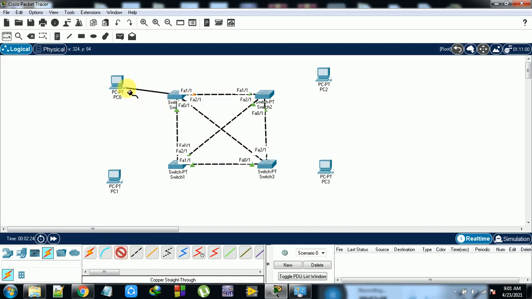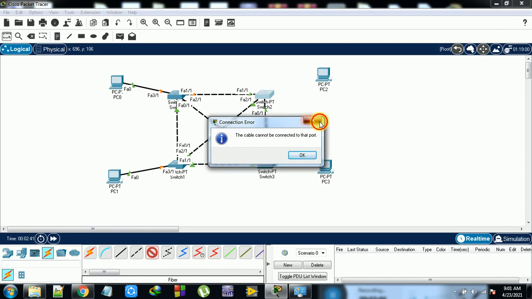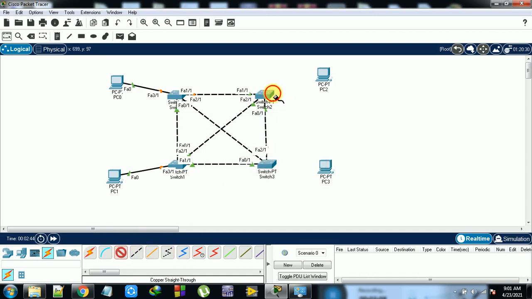I connect the fast Ethernet on this device, then here also, and next this one with this. Connectivity is completed.